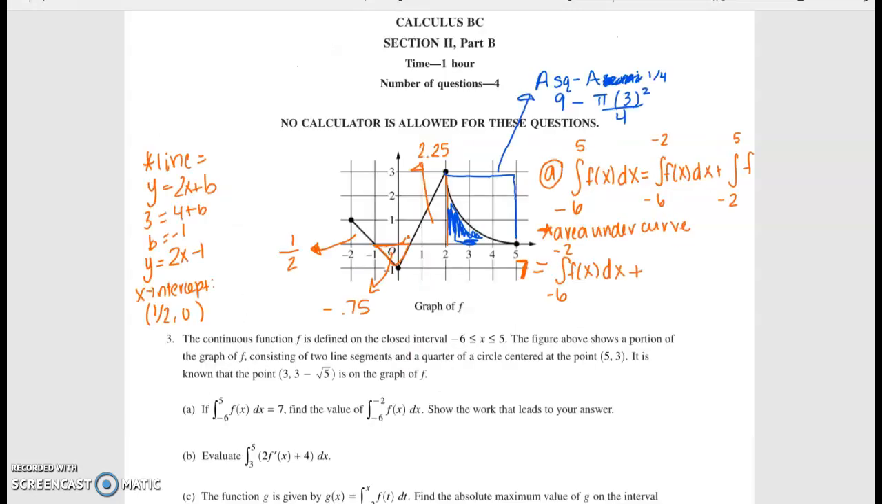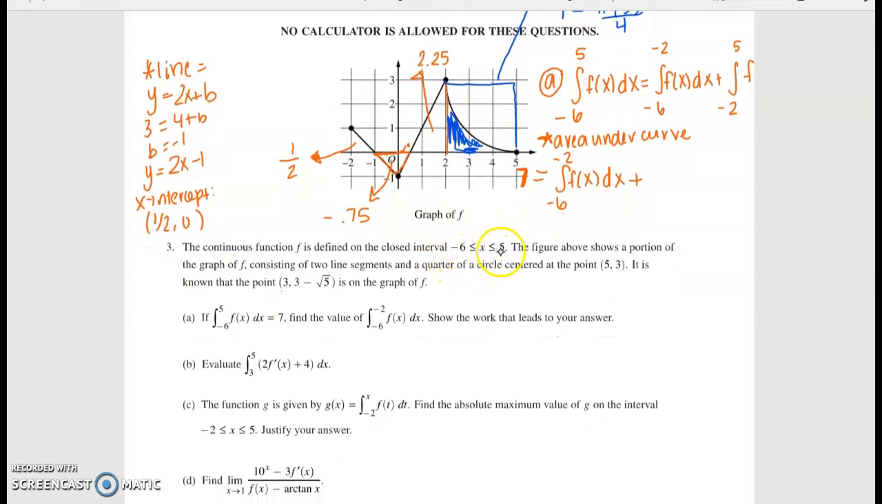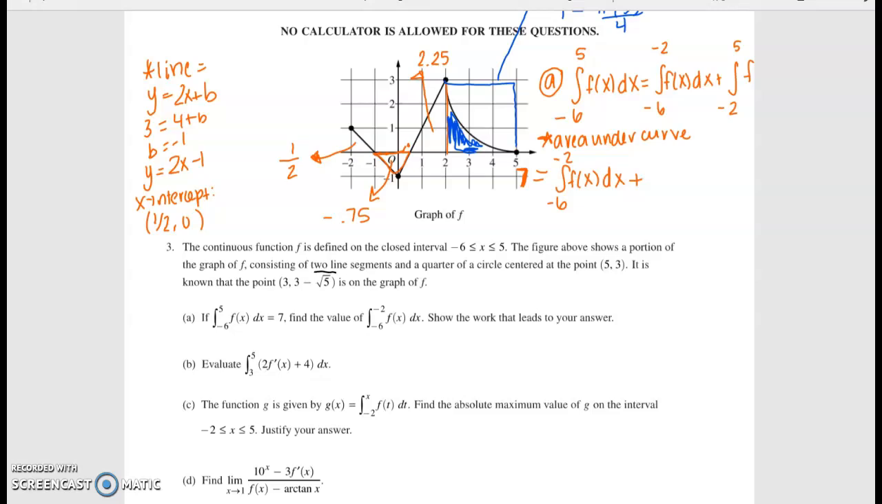Okay, so I'm going to skip number 2 because it's on polar, and that's not on your AP this year. So we're going to go on ahead down to number 3 without a calculator. So we have a continuous function on this interval, negative 6 to 5, and it gives us a graph. This is always important, how they define the picture. So we've got 2 line segments and a quarter circle centered at 5, 3, and then this must be useful